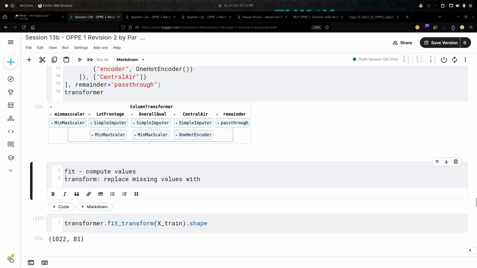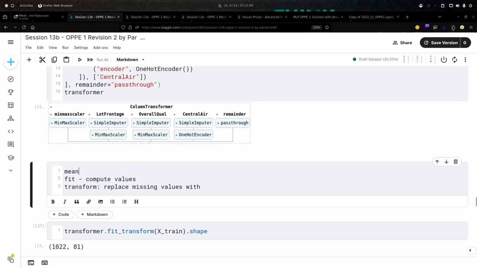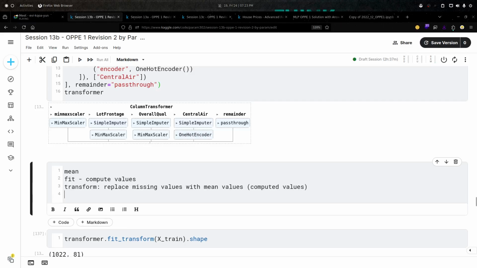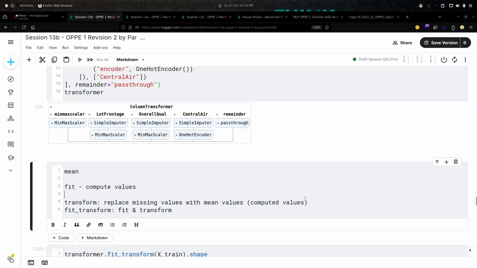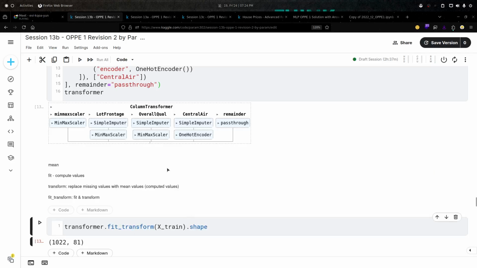Let's take the example of simple imputer with mean strategy. Fit will compute the mean values, and transform will replace missing values with the mean value, or you can say the values computed using the fit function. And fit_transform basically does fit and transform together. Okay, so this is how it works.